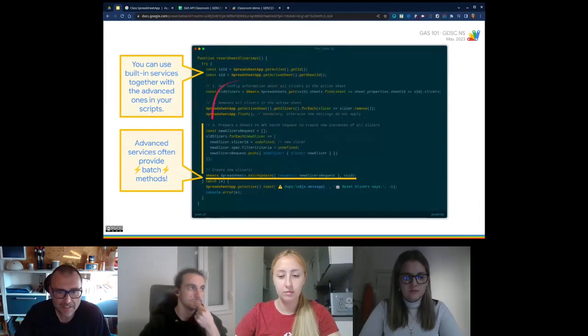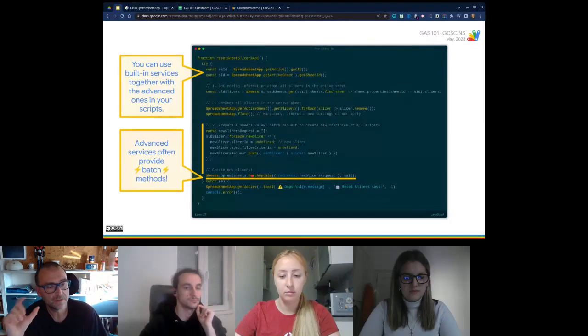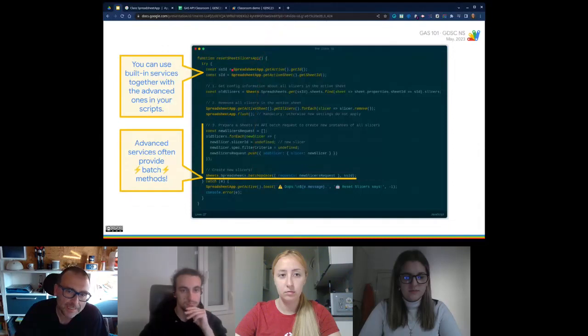For instance, here I am using the spreadsheets advanced service to reset the slicers, but at the same time I am using the built-in spreadsheet service for those things that can be attained more easily with it. So you can mix both of them.